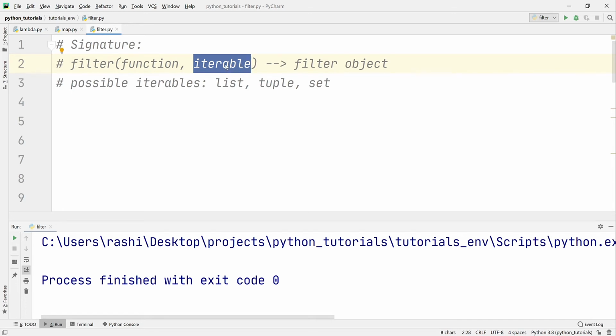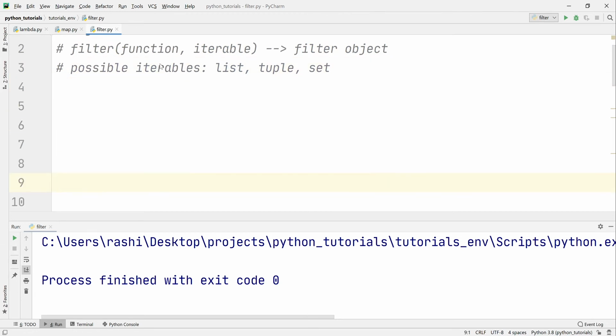First of all, it will pick the first value of the iterable, applies that function. If the function returns true, that value is kept. Otherwise, the value is ignored. In a similar manner, it will pick the second value of the iterable, applies the function, and if the function returns true, the value is kept. Otherwise, it is ignored. And it will do the same thing for the remaining values of the iterable. So at the end of the filter function, we will have only those values of the iterable that match the function criteria. The remaining values that do not match the condition are ignored.